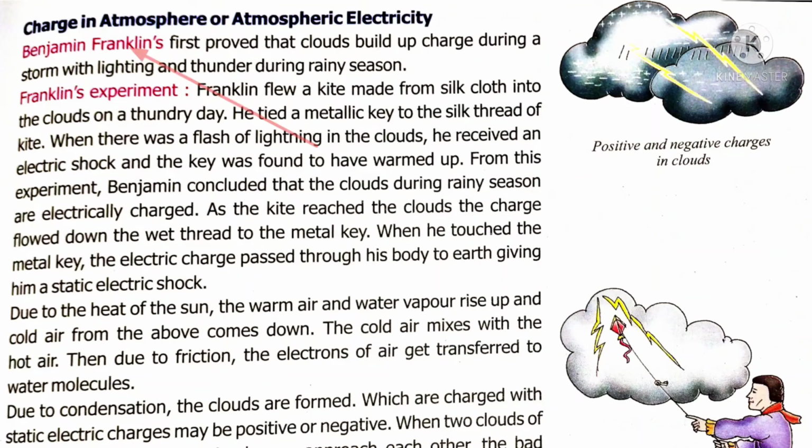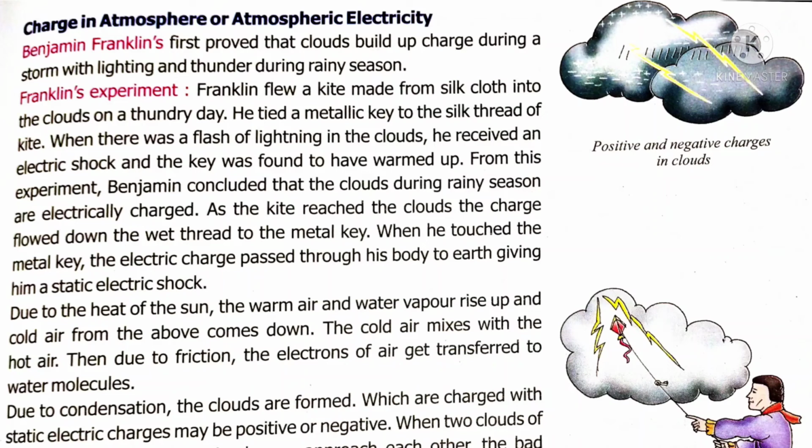Benjamin Franklin is the first scientist who proved that clouds build up charges when clouds come in contact with one another. Once, Benjamin Franklin flew a kite which was made of silk, and he tied a silk thread to the kite. In between the thread, he tied a metal key also. He observed that there was a flash of lightning in the clouds, and he received an electric shock also